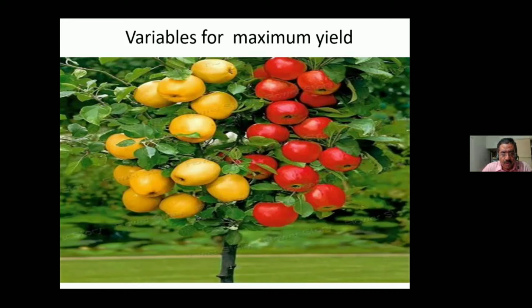Cobwebs. You will not notice, but if you see in sunlight, you will see the cobwebs nicely spreading out. This is a kind of pest which affects the plants. So you need to remove the cobwebs regularly. It is like your unnecessary expenses in the organization, in the enterprise. Cobwebs will be there, but it's your duty to eliminate them as and when you see them. So cobwebs is another one.